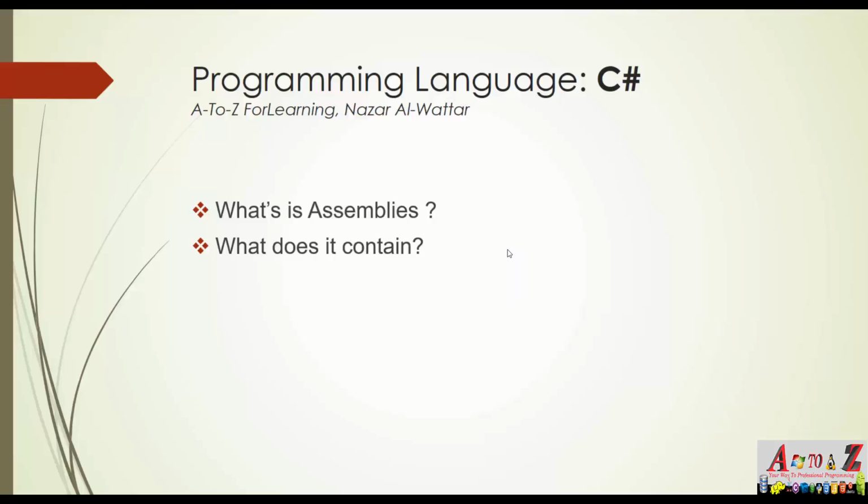The assembly files have many types of files. Some of them are essential, you cannot lose them. Some of them are optional, your application may or may not have them. The essential files have three types. Executable application files, which end with .exe,